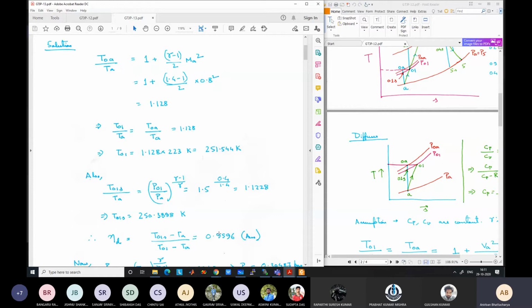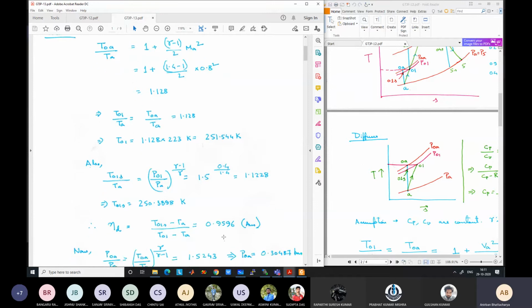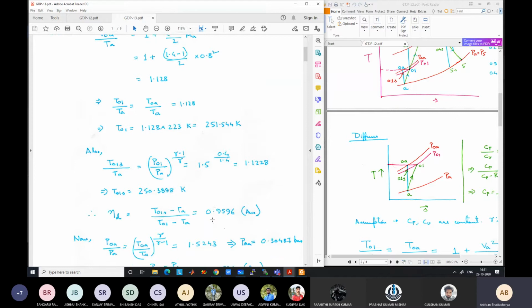Okay, please calculate to 4-5 digits. Otherwise, in the subsequent calculation, there will be a lot of error. If you just calculate 0.95, it will induce a lot of error in the subsequent calculation. Okay, so at least 4 digits are necessary here. Otherwise, it induces a lot of error in the other calculations.